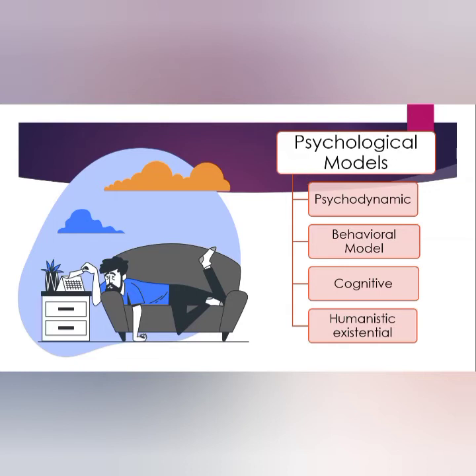Okay, anyways, so psychological models are mostly linked to the psychological schools. So which school, in what way, has tried to explain what could be the cause of a